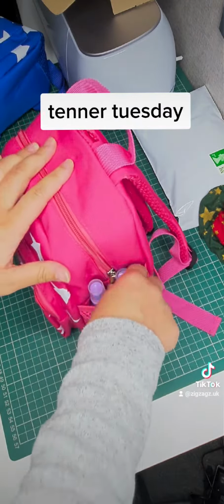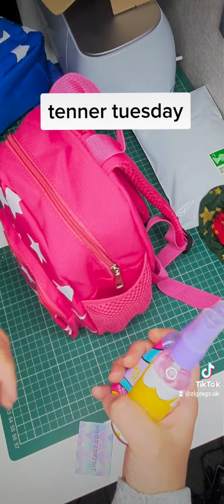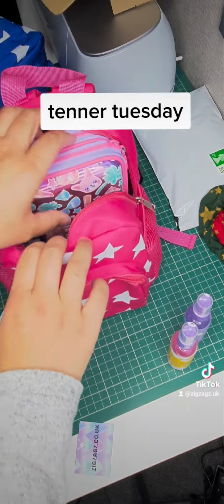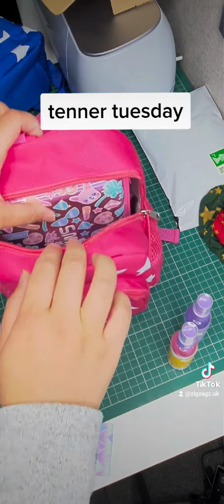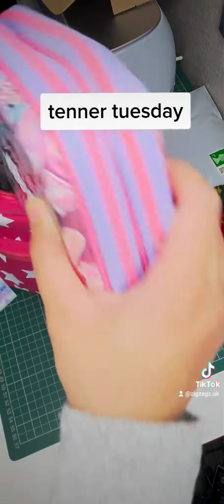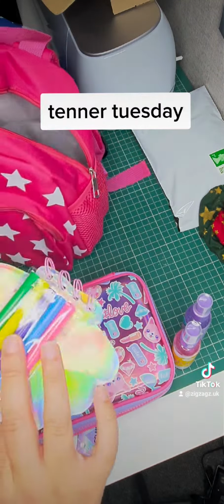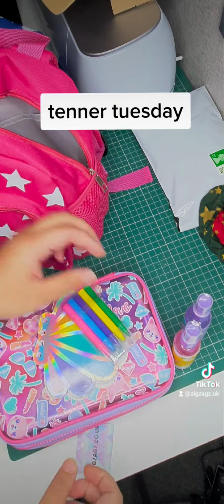I'll show you what I've managed to fit in this one. So two small bottles and a big pencil case, and then there's still so much more room even though we've got the big pencil case in there. So one big pencil case, and then you have got some colours, a book,